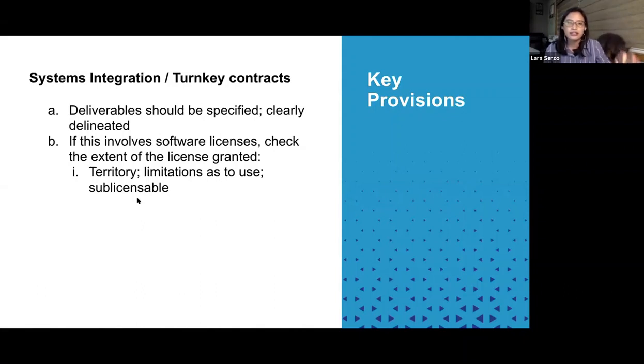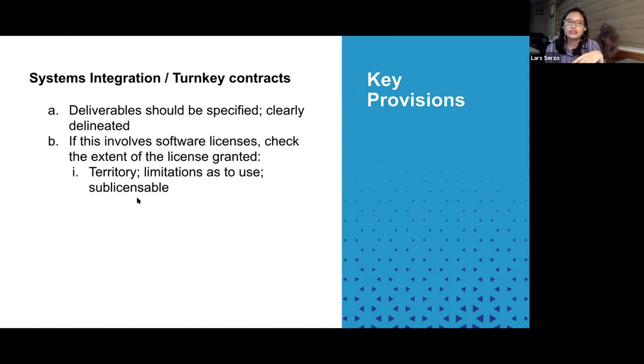So if ABC would refer to the obligation of the provider to give you software licenses, that should be clear, and the functionalities for each software license should be clear, like what's the extent of rights that the license would give you. Can you use the software anywhere in the world, or is it limited to, let's say, the Philippines?